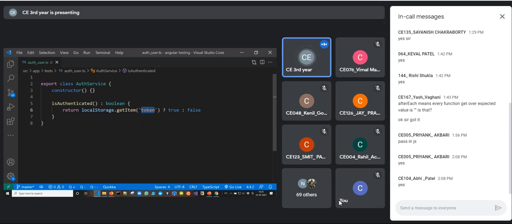Okay, and then if it is successful, then it will return true. So you are storing this string onto the client side. Not storing, we are getting this get item, not storing. So we expect here that whenever the user is able to log in successfully, then this token is stored onto the client side.